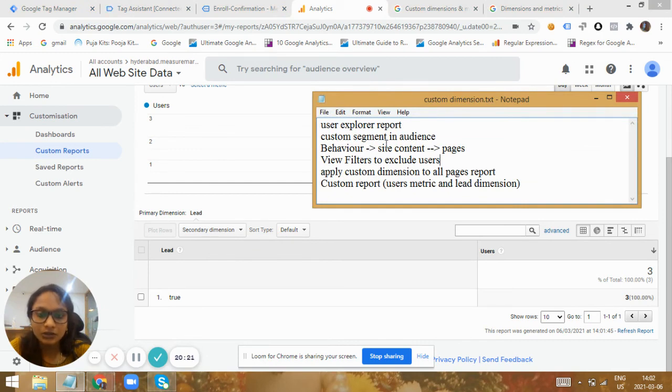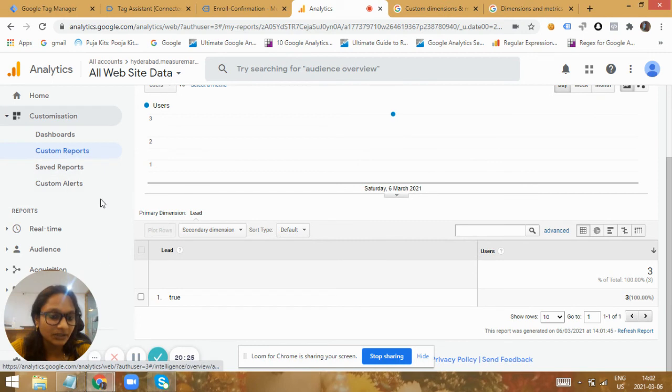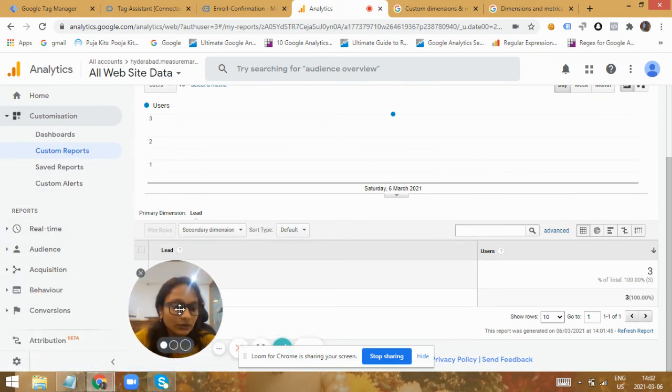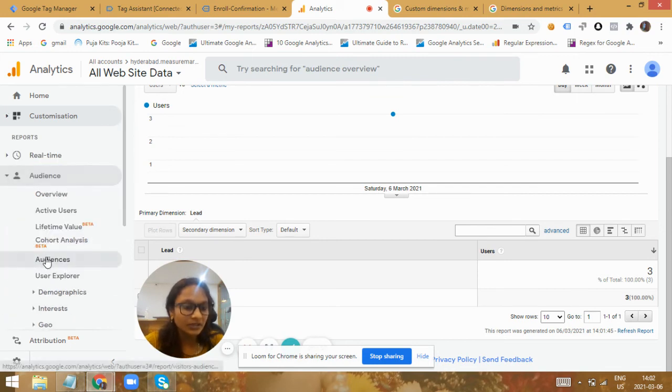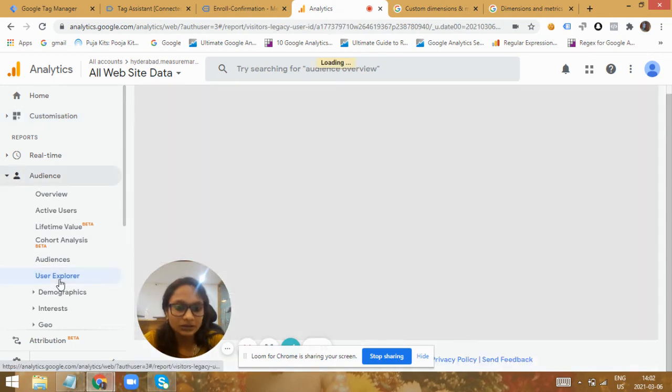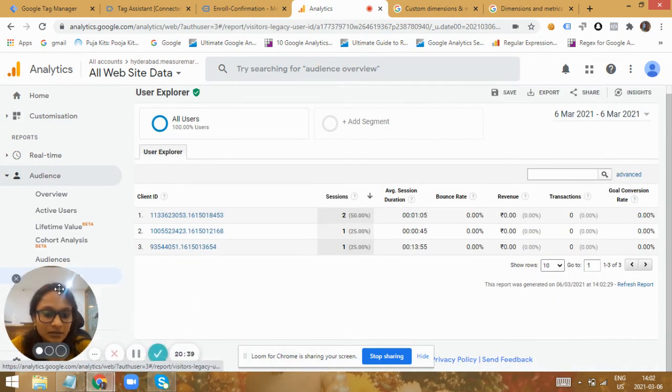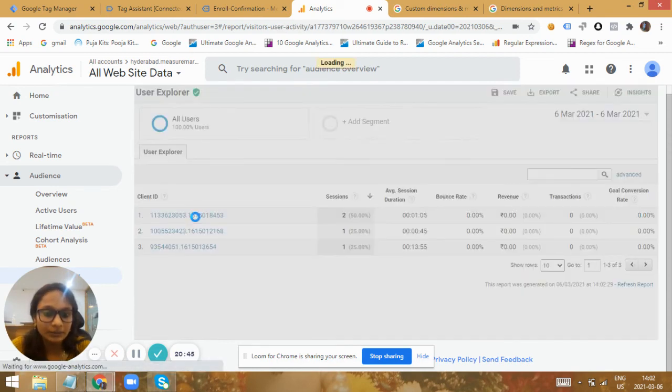And also we can create a custom segment and the user explorer report I have mentioned, right? That's a very good report where you can just see the user behavior based upon their client ID. It could be in audience. If you go to the user explorer report, see, based on the client ID, the user would be classified. So if you could go to one particular client ID,